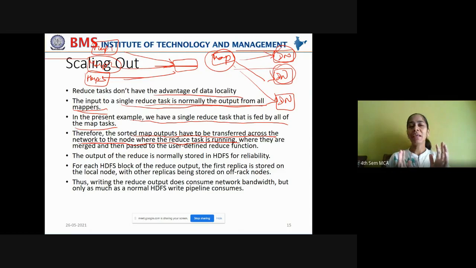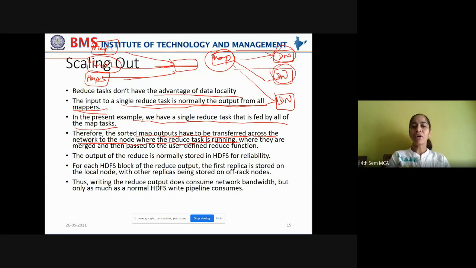Right? So when I say map job, reduce job, these are the functions that are being executed on the data nodes. Understand it like that. Okay? These are not separate machines. Map is not a machine. Reduce is not a separate machine. Map job is being executed on data nodes. Reduce job is being executed on data nodes.